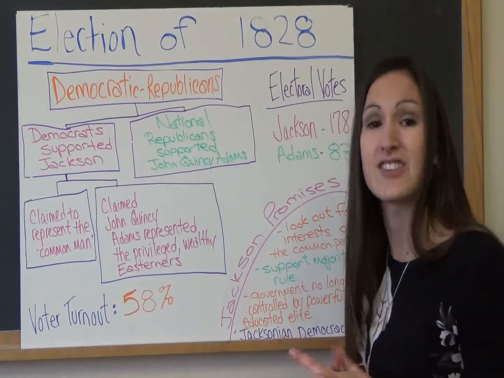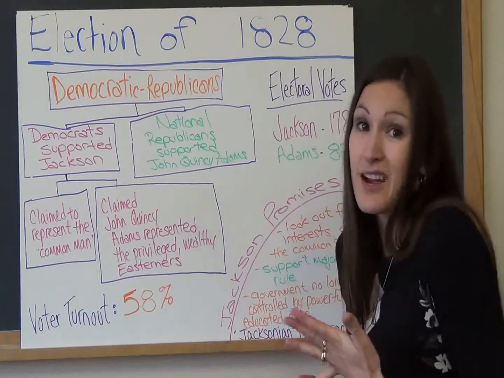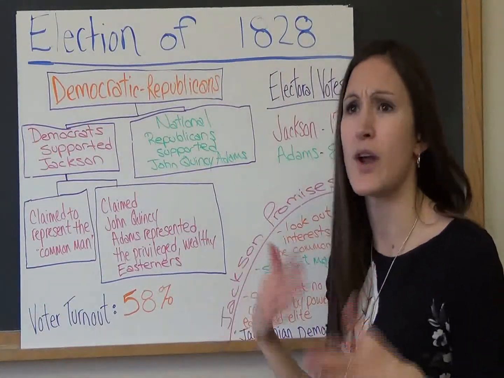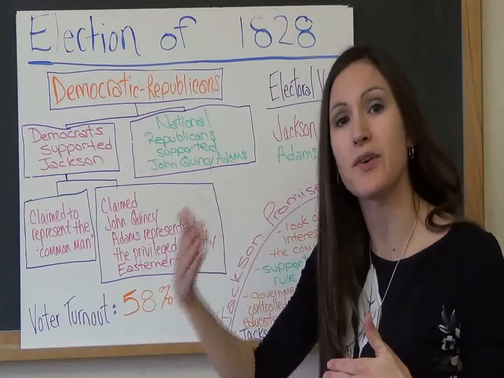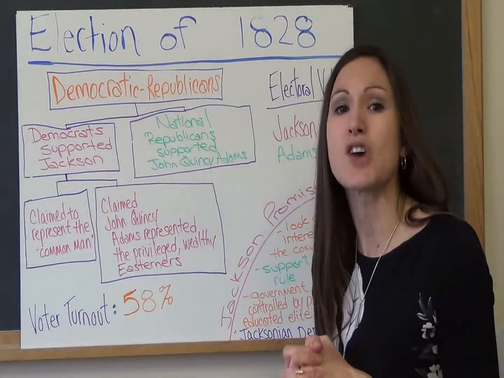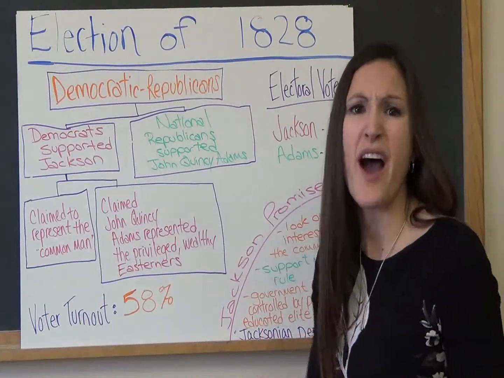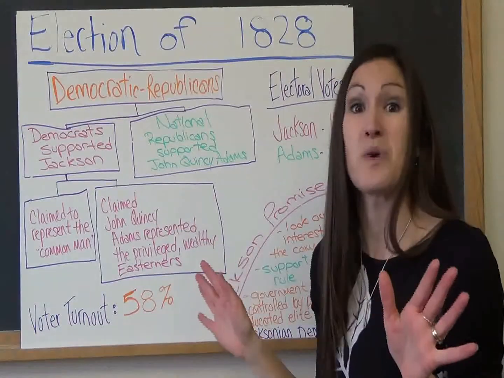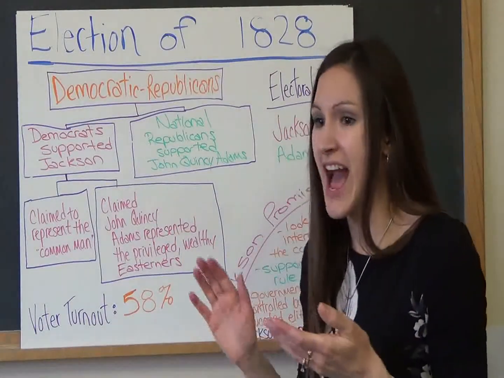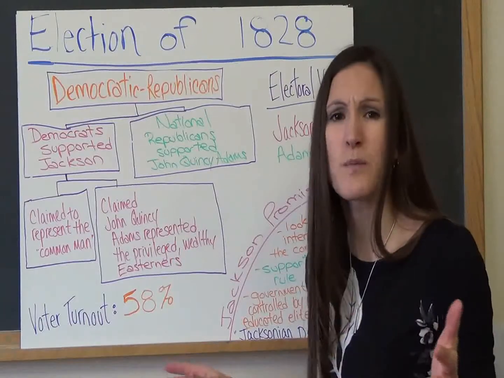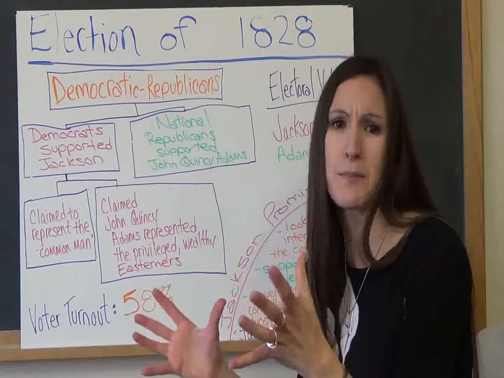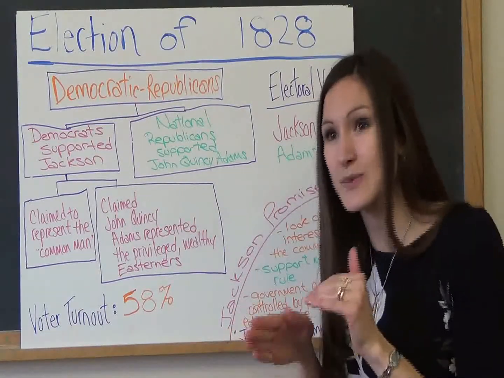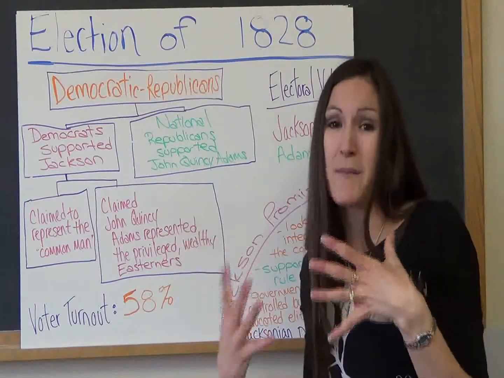Now remember how I said that Jackson supported the common man? He never went to college, and a lot of people, regular workers and farmers, not the privileged, supported him. And so when he was inaugurated, you had all these people coming in to see his inauguration, and it was wild, okay? Dishes were broken, glasses were broken, people were trying to rush in to meet the president. It was very rowdy. They say that actually Andrew Jackson had to escape from the mob coming in.